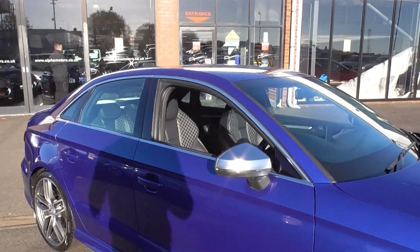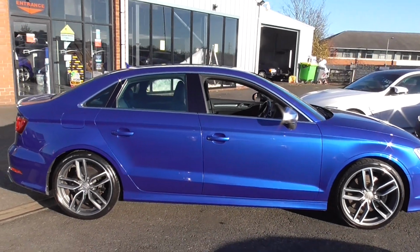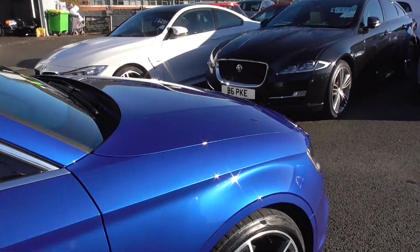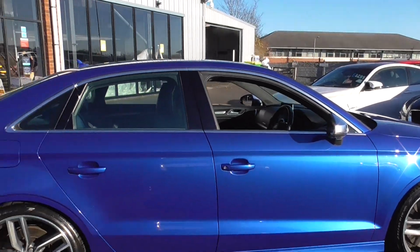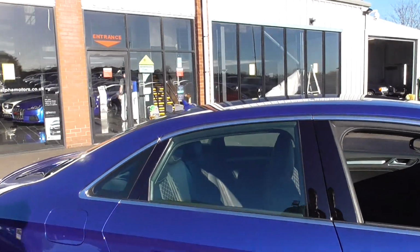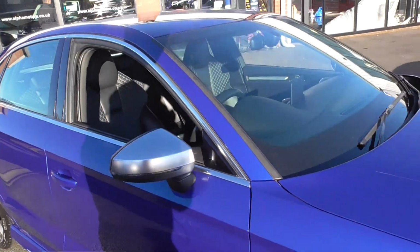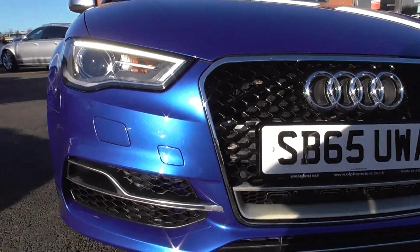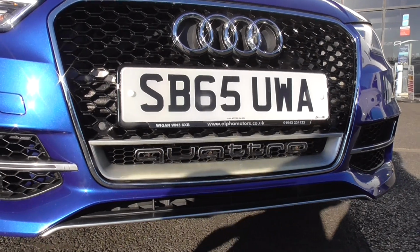But the car looks fantastic. It's finished in Sepang blue metallic, which in my opinion is one of the best colours for these vehicles. It's got a fantastic metallic fleck, so when the sunshine hits it, it looks fantastic. Shows off the lines of the car beautifully, and I think the blue complements all the silver detailing beautifully. So we've got bright silver detailing on the window surrounds, we've got the sportier matte grey mirror caps, we've got bright silver detailing around the centre grille, in your side mouldings, on your Quattro designation to the bottom, and then